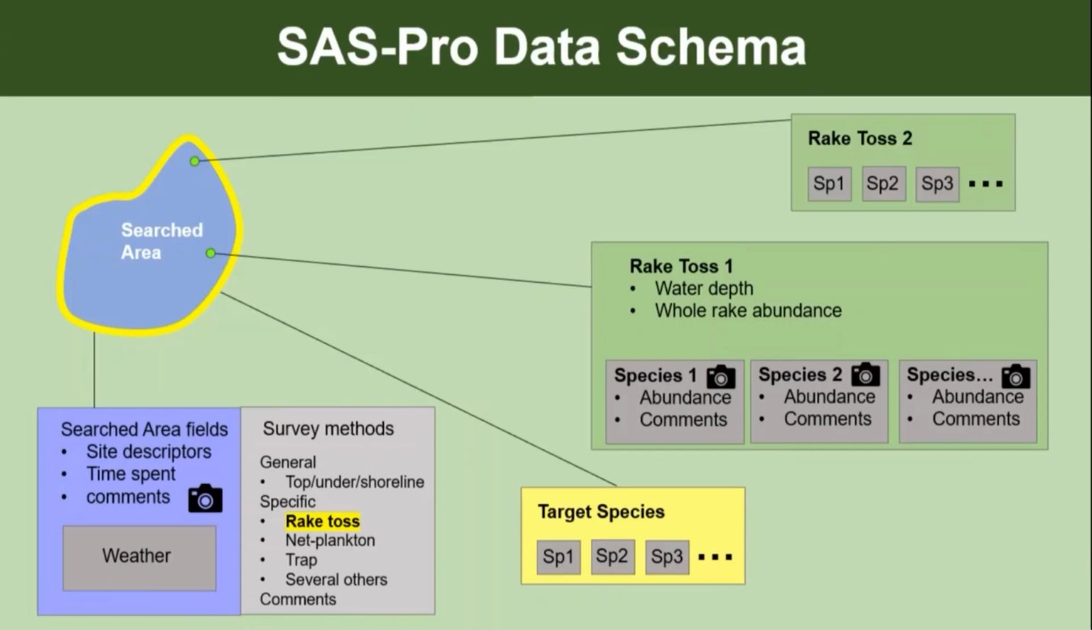And you can do multiple rake tosses within that searched area polygon, and it works the same way where you tag the species that you found. And one really useful part of this tool is how the target species list interacts with your present species